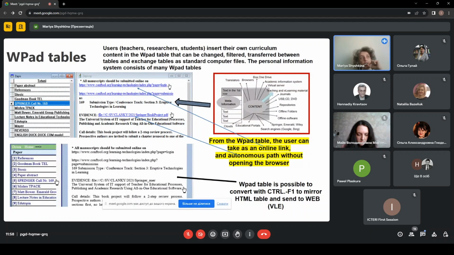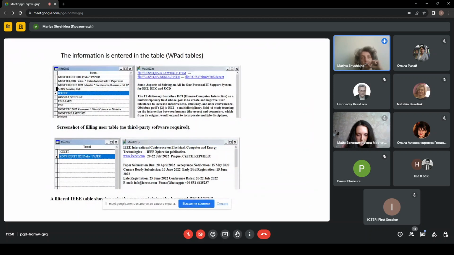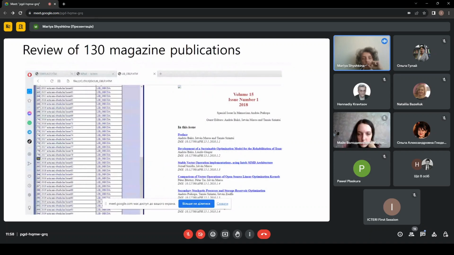And also another part of this project was to fill the educational portal with educational resources of different kinds, just to share them between participants who are mostly teachers of informatics in educational universities. So to enter the information into the table is very simple. It is simply to input it just as a table in a database. And you will get such a library or collection of